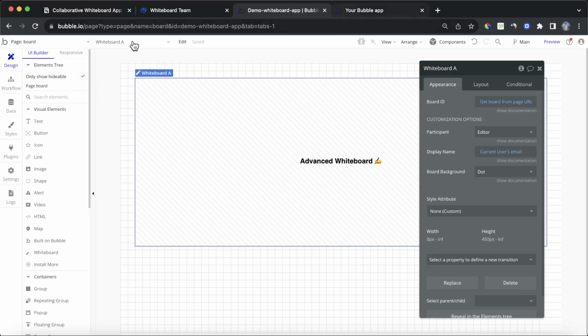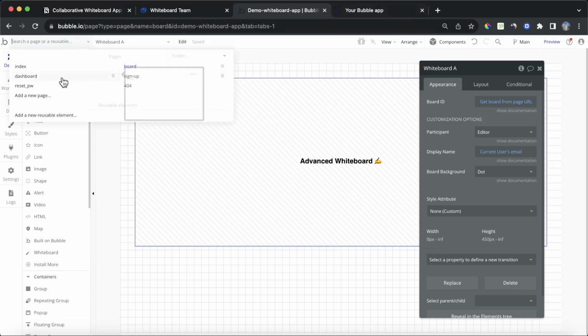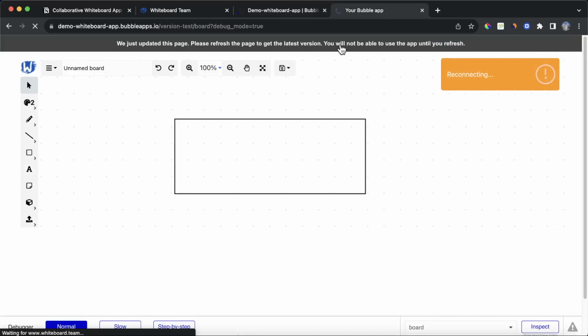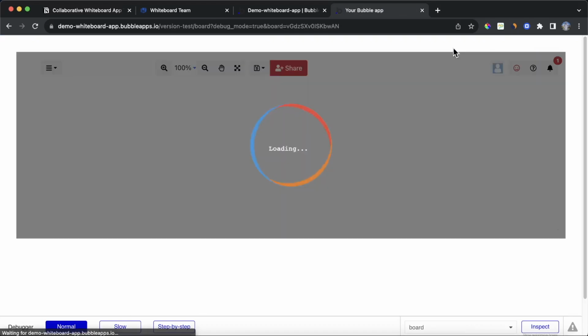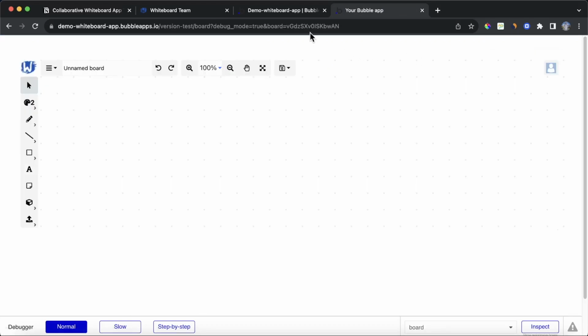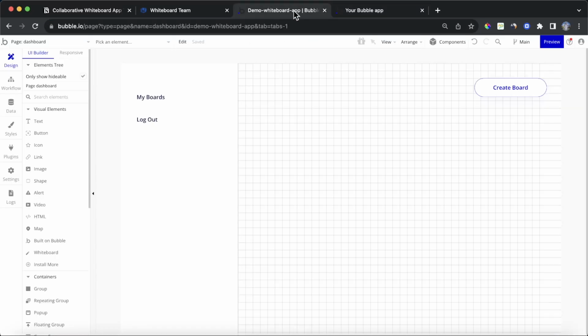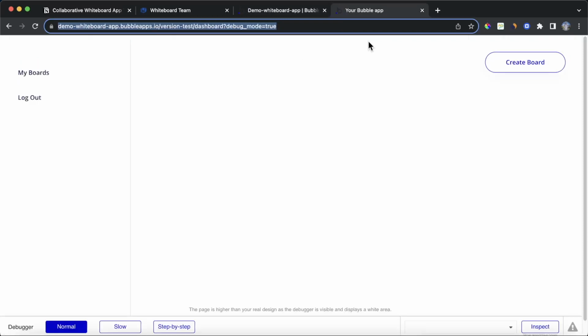Now, when I go back to my dashboard page, what I should see is when I create a new board, we're once again going to navigate to this page. I have this unique ID up here. And if I change the name of this board to be my test board, leave that down, and then copy that address. And then if I go back to my dashboard once again,